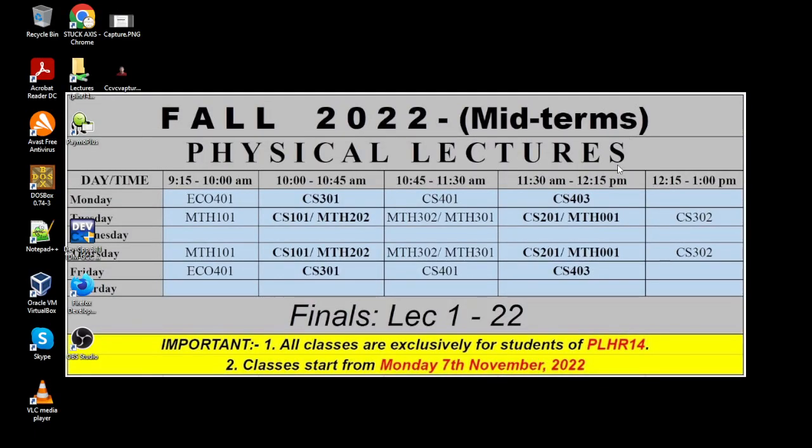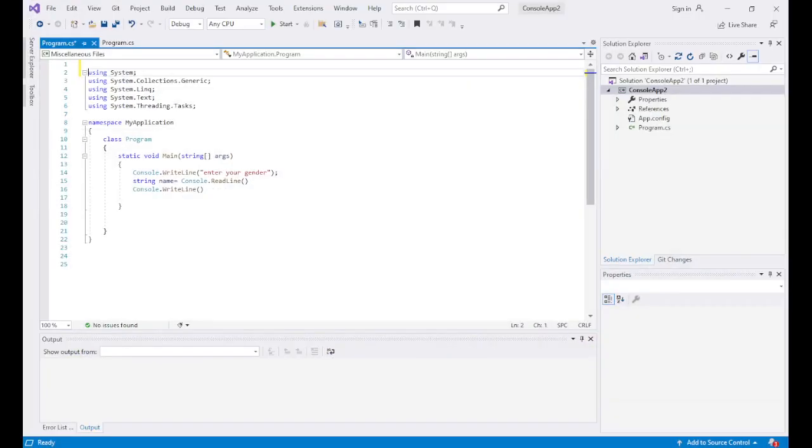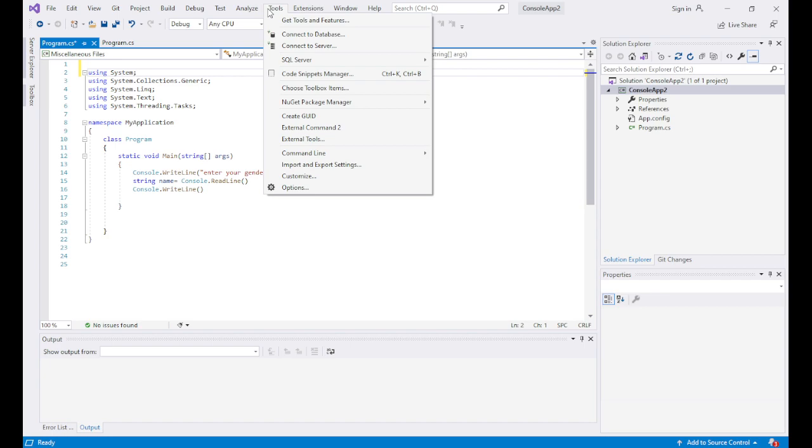So this video is all about how to change the theme in Visual Studio. So first of all, open your Visual Studio. I've already opened it in my window taskbar. So first of all, you need to select Tools and go to Options,